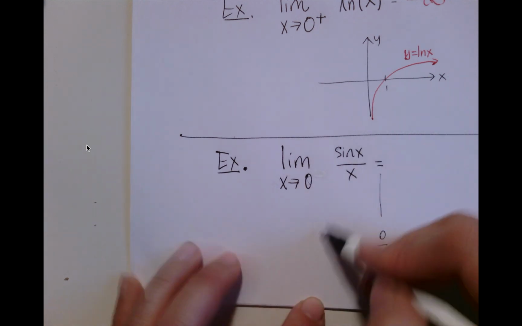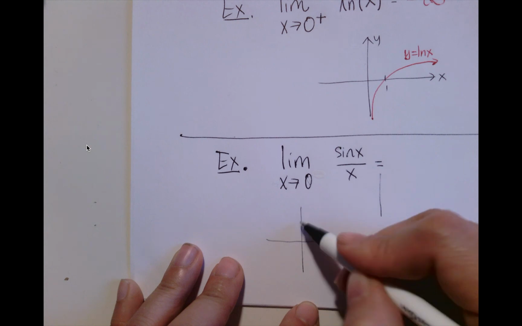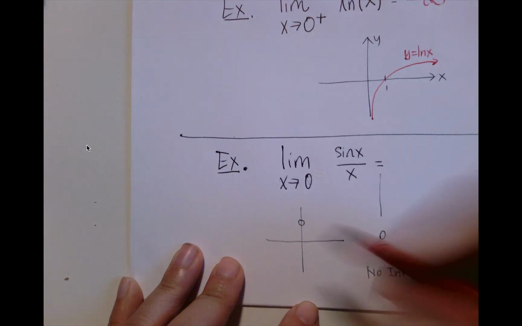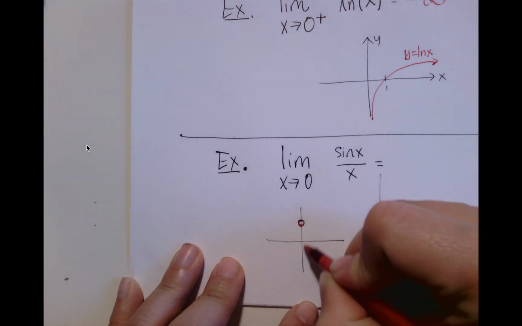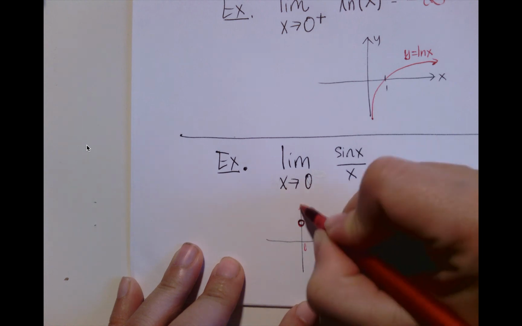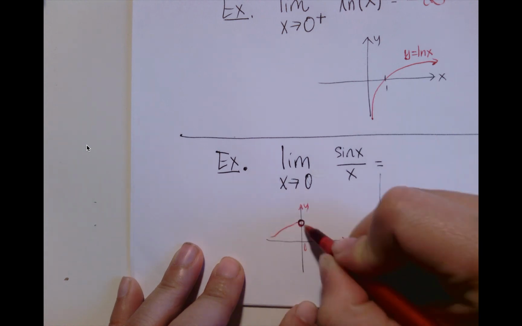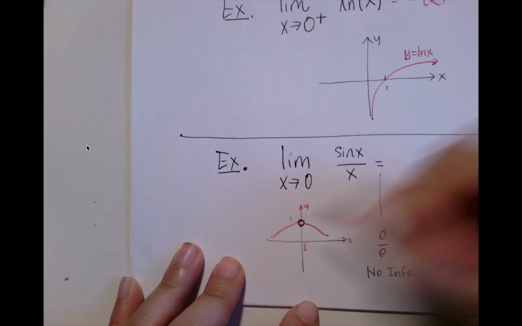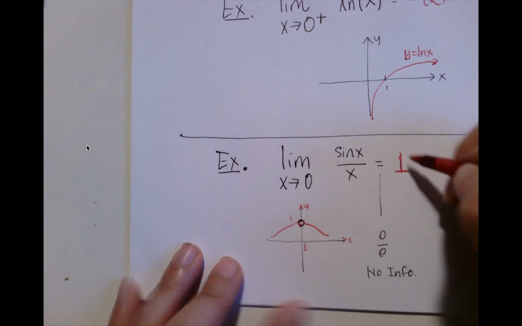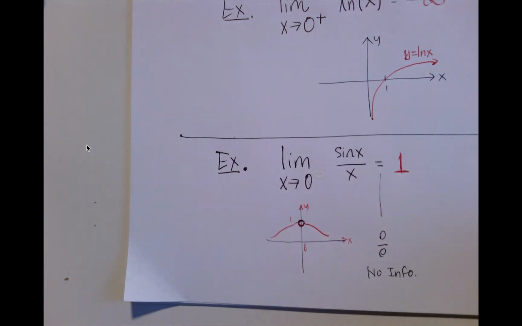So in this case, I'm going to graph the function. And if I graph the function, I find that, well, there's the hole in the graph. The graph does something like this. So the limit of this function is actually 1. And I determined that from graphing it. But there's a more rigorous proof in your textbook, so please take a